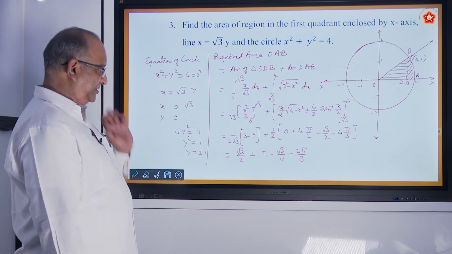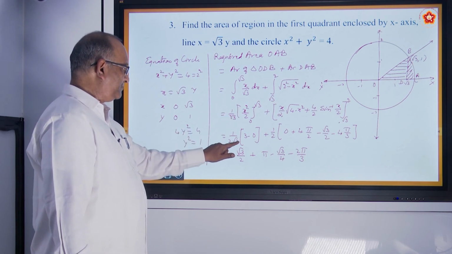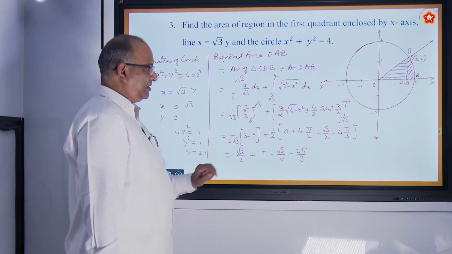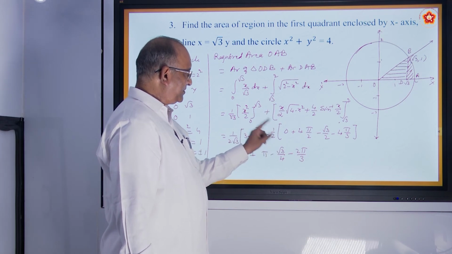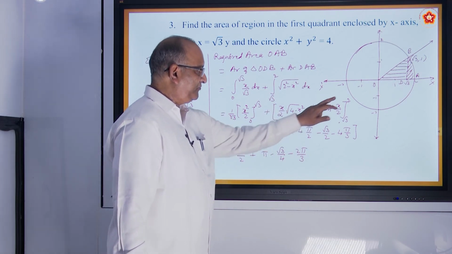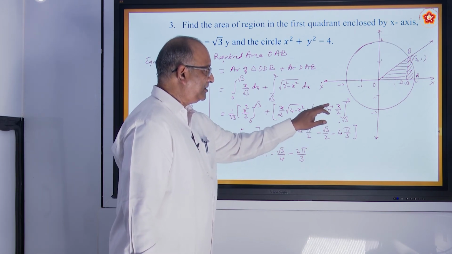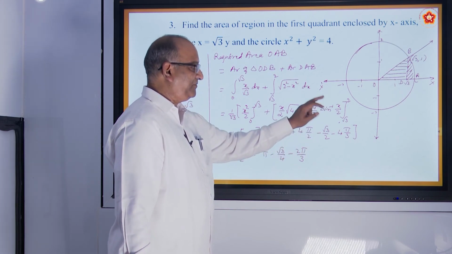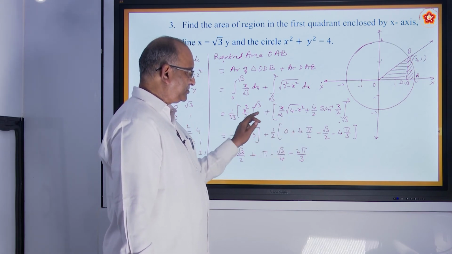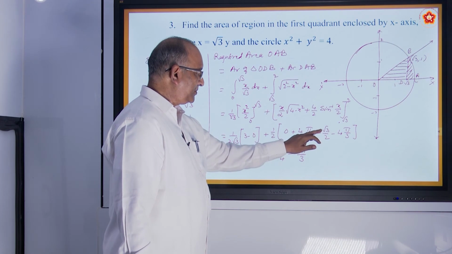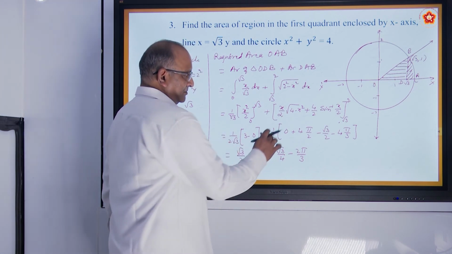Once you check up the calculation, you have substituted root 3 square is 3 by 2. The 2 we already wrote outside. When we substitute 2 here, 2 by 2 is 1. Okay, so the first one becomes 0. When we substitute 2 here, 1 by 2 we kept it outside. 4 sine inverse 1. Sine inverse 1 is pi by 2. Substitute lower limit with minus sign. 1 by 2 is kept outside. So root 3 here, and then 1. This is the mistake.